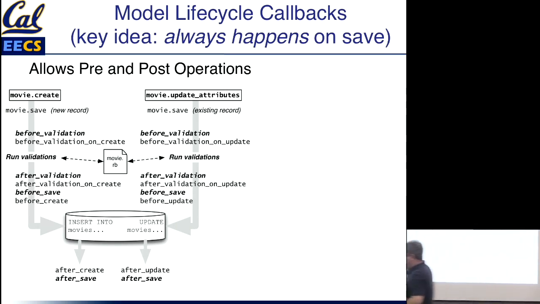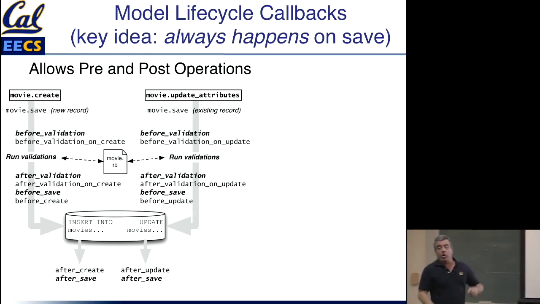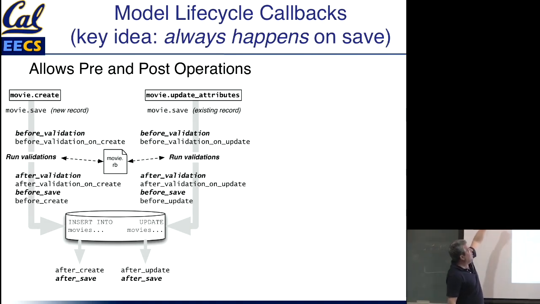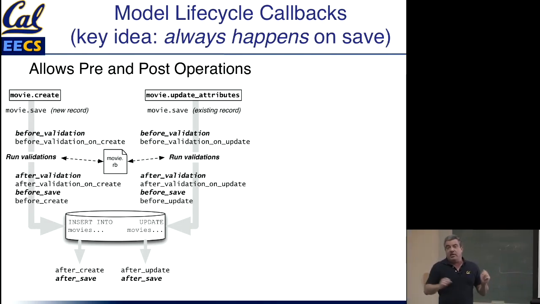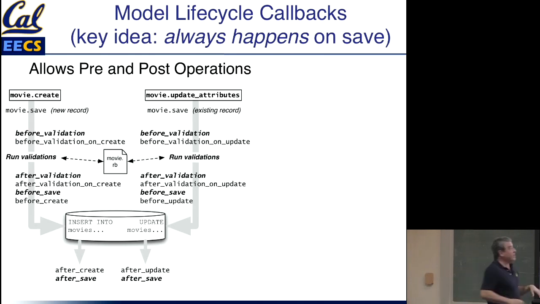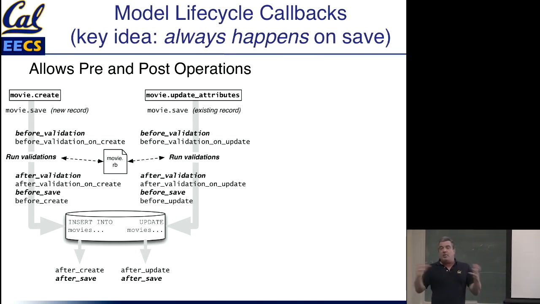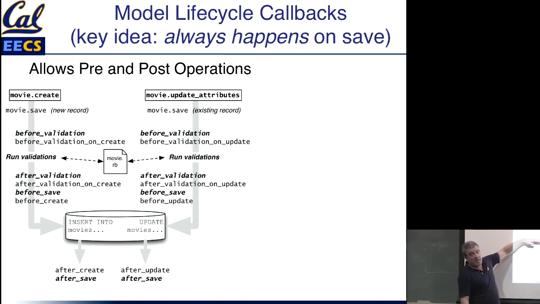And in fact, there's various ways that you can control when the validations are run if you want to be more specific. There's various points called lifecycle hooks where you can say, before you validate, do something to the model. For example, you might want to canonicalize the date if the user entered the date in a weird format. Or if you're checking email addresses for validity, you might want to make the email address all lowercase before you actually do the validation. But the most important thing here is before it gets saved in the database, validations will be run.